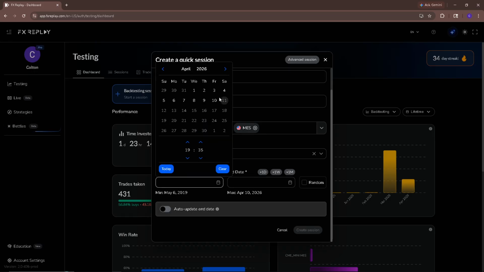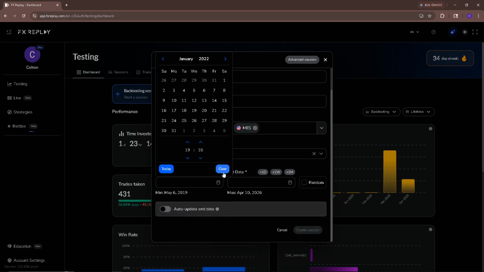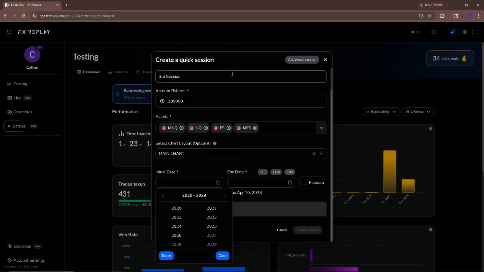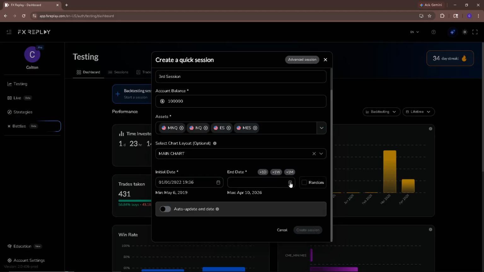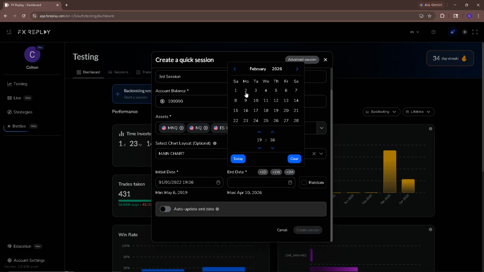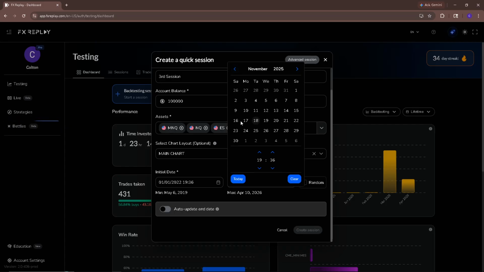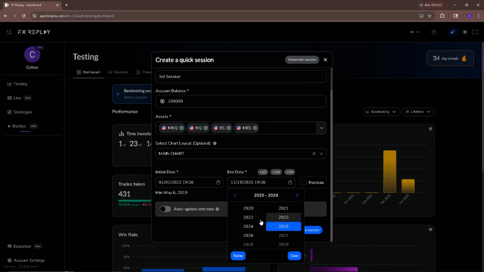Alright, so we're gonna go from 2022, just begin in January 2022. We'll go to November 19th of 2024.